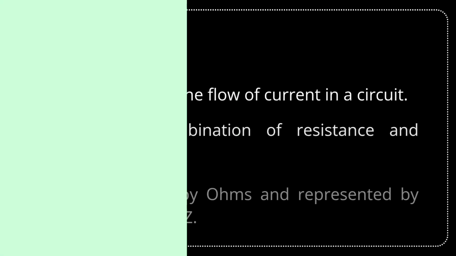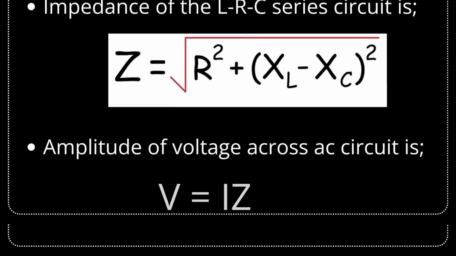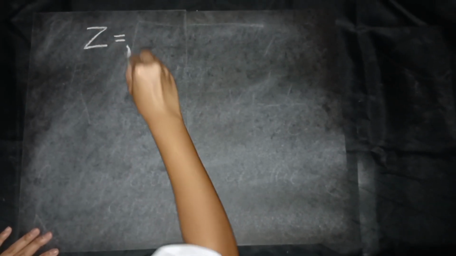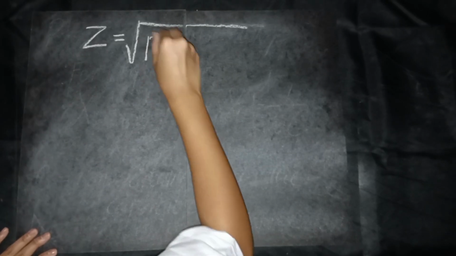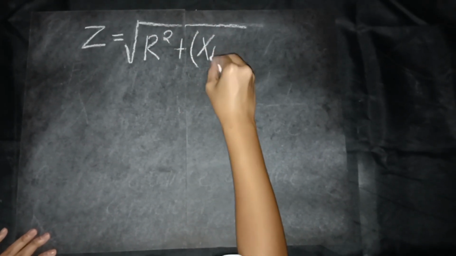So now let's move forward to the next topic, which is the impedance. Impedance is the opposition to the flow of current in the circuit. It is a combination of resistance and reactance, measured in ohms and represented by the symbol Z. And here's the formula for impedance. Z is equal to the square root of R squared plus open parenthesis XL minus XC close parenthesis squared,